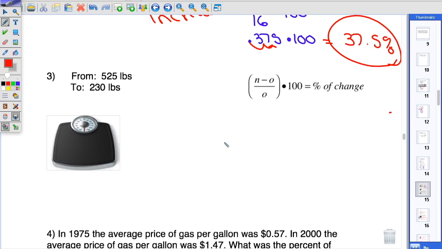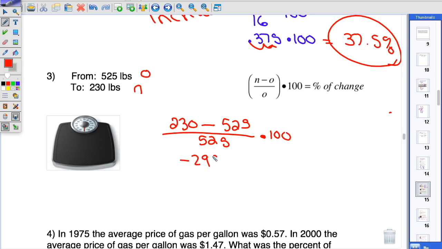All right, from 525 pounds to 230 pounds. So this is our old 525, our new is 230. So it's 230 minus the old, which is 525, divide by the old 525, and then multiply it by 100. 230 minus 525 gives you a negative 295. So we can see because it's negative, it's going to be a decrease. Divide that by 525, multiply it by 100. When we divide negative 295 by 525, we get negative